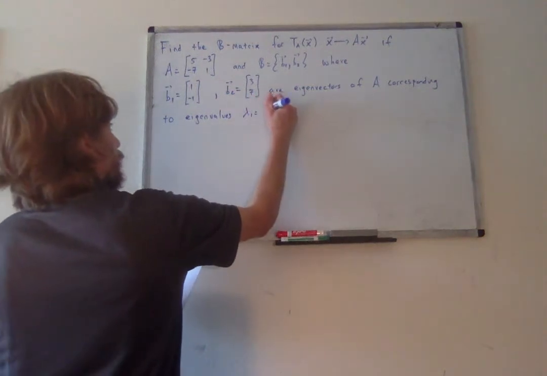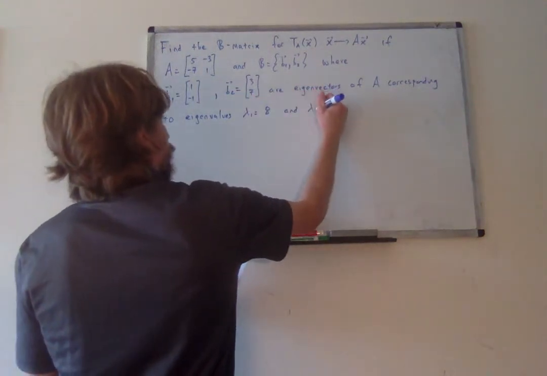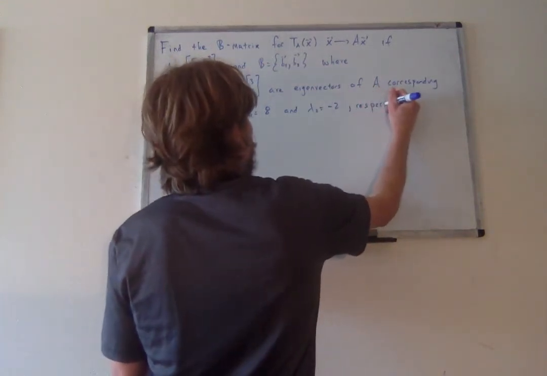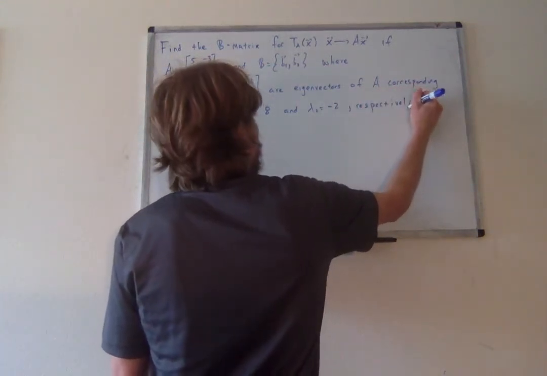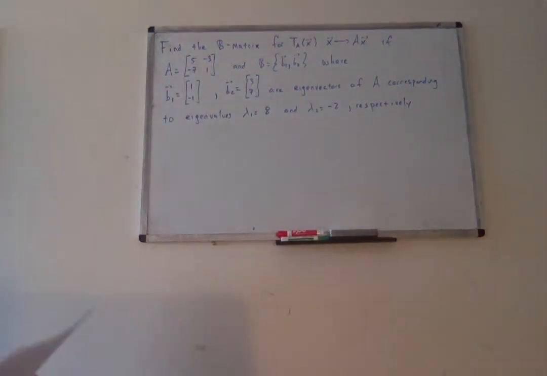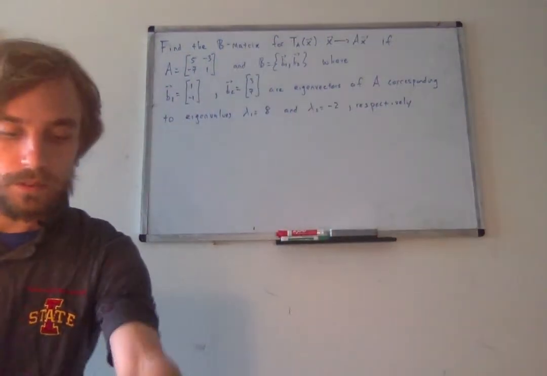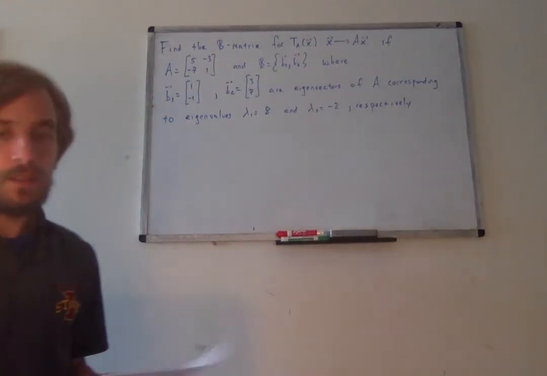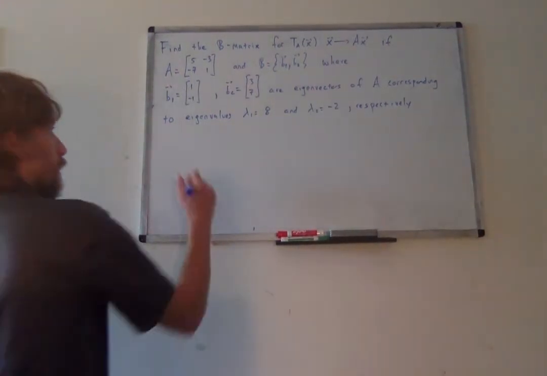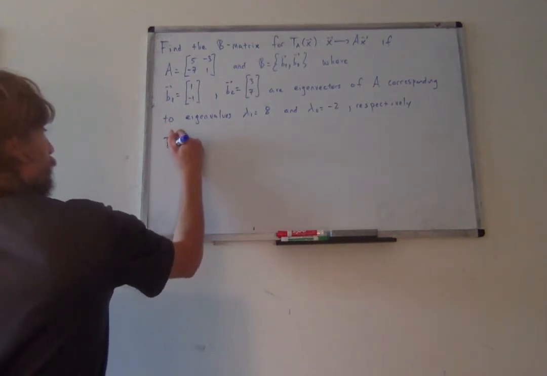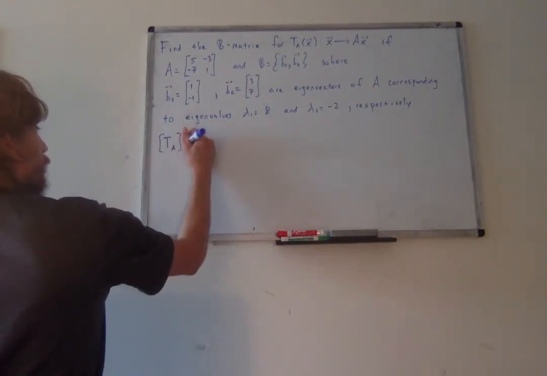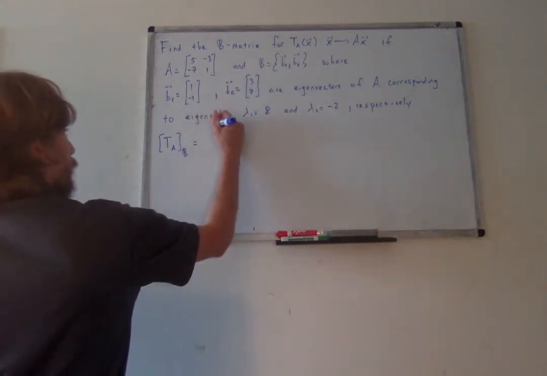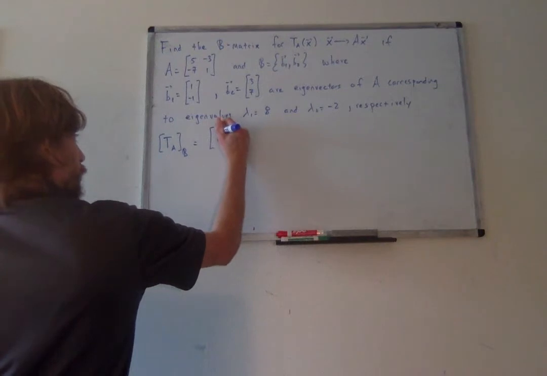Lambda 1 equals 8, and lambda 2 equals negative 2, respectively. So B1 corresponds to the eigenvalue 8, and B2 corresponds to the eigenvalue negative 2. So this problem ends up being relatively easy because we know that the B matrix for this linear transformation, which again, remember, is equal to